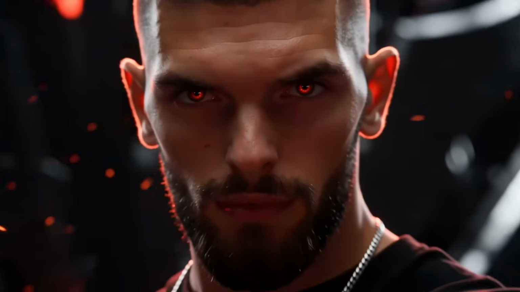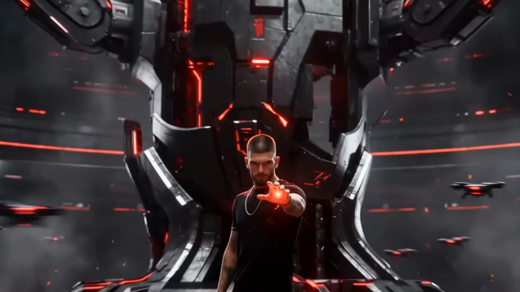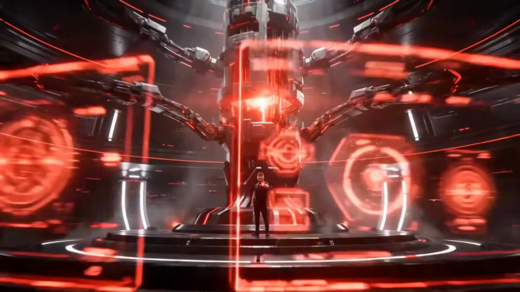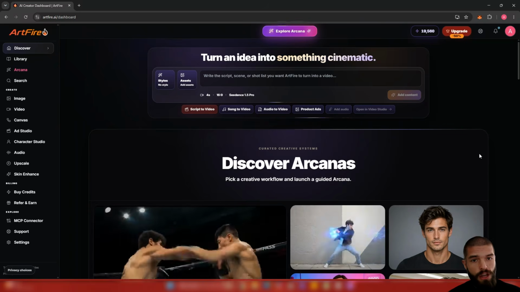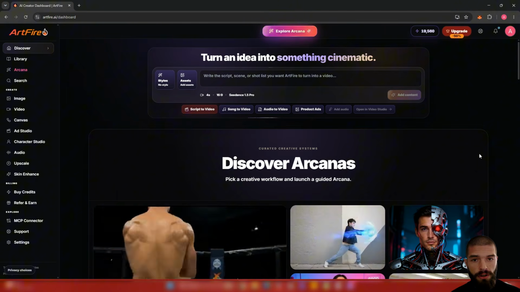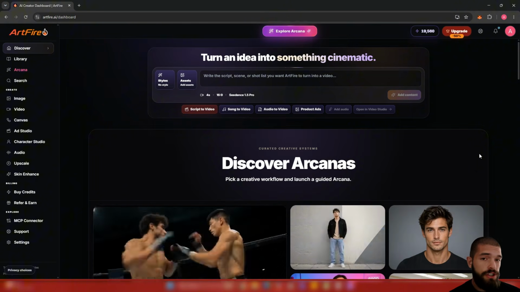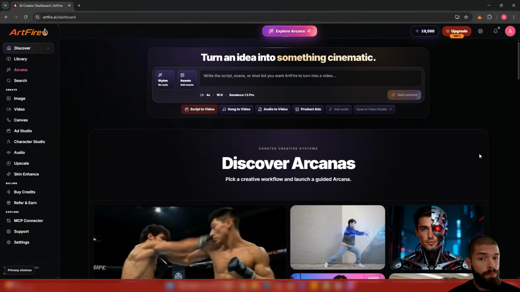One of the biggest challenges with AI image generation today isn't creating a beautiful character, it's creating the same character over and over again. So, if you ever use tools like Midjourney, Flux, Stable Diffusion, or even ChatGPT for image generation, you probably experienced